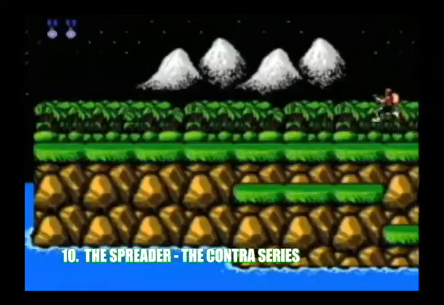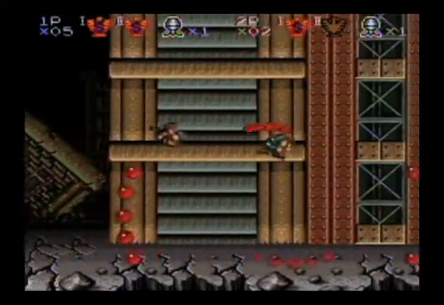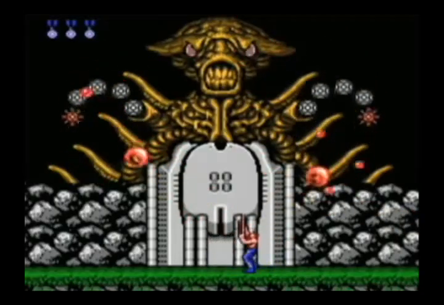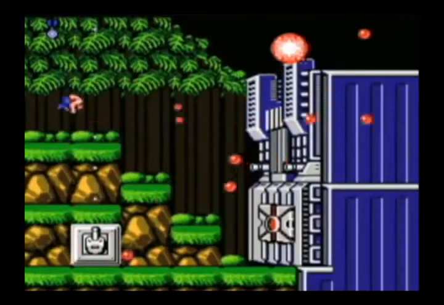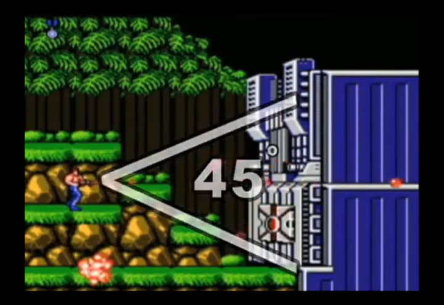Some people consider this to be a power-up, considering that you lose it if you die. But it's a gun, so it counts in my book. The spreader is almost required to beat Contra. That and the Konami code. All the other weapons in the game are just okay. The machine gun's good, the flamethrower is nice, and...